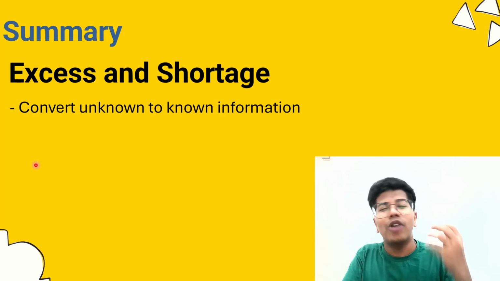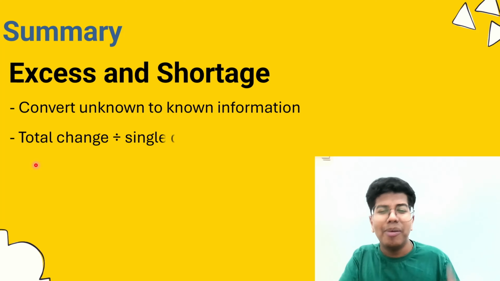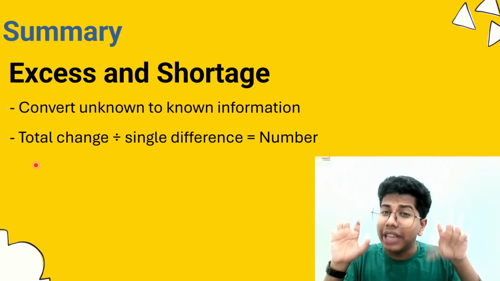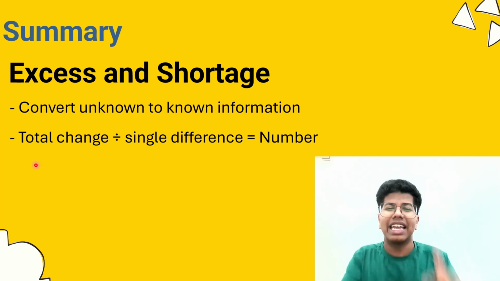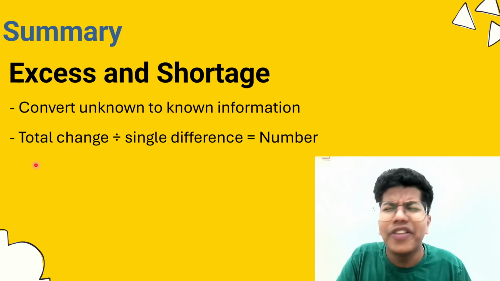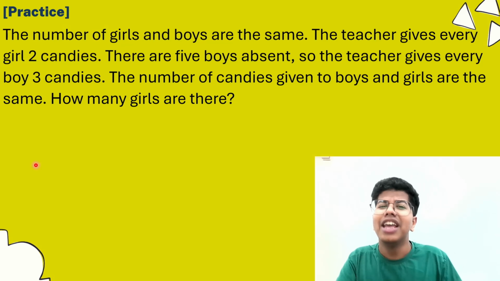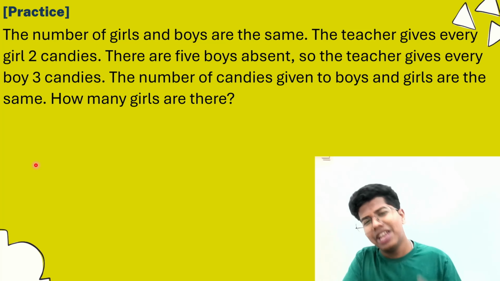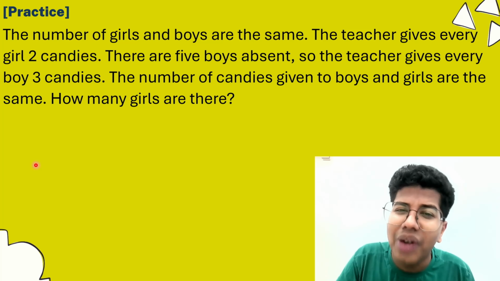Then the next thing, what about the formula? For the formula, we should know the total change and the single difference. If I know these 2 things, just by dividing, I can get the number. Now, if you have understood the question well, you can try the practice which is given over here. You can pause the video, try this practice,